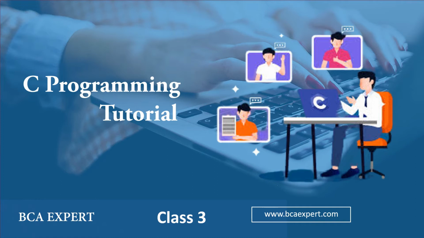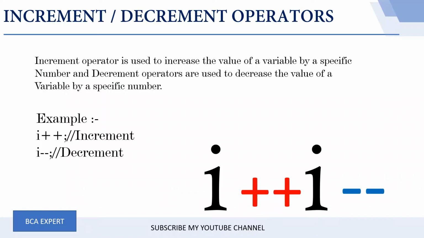In this tutorial on C programming, we shall discuss the operators, which are increment operators and decrement operators. Increment operators and decrement operators are basically used when loops are included in the program. We shall discuss loops in much more detail in an upcoming concept. For now, let us understand that the control statement will be executed multiple times when the increment or decrement operators are included in the program.